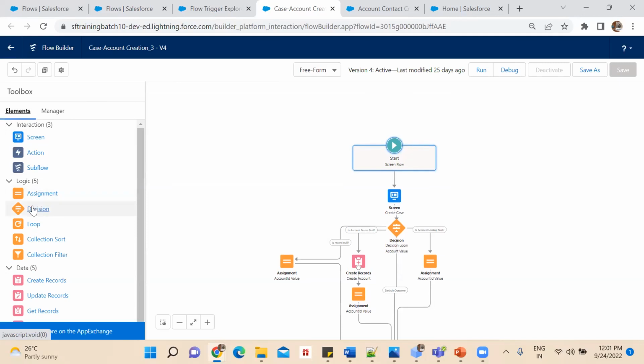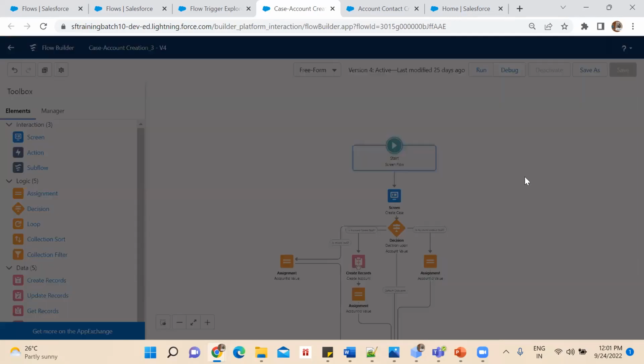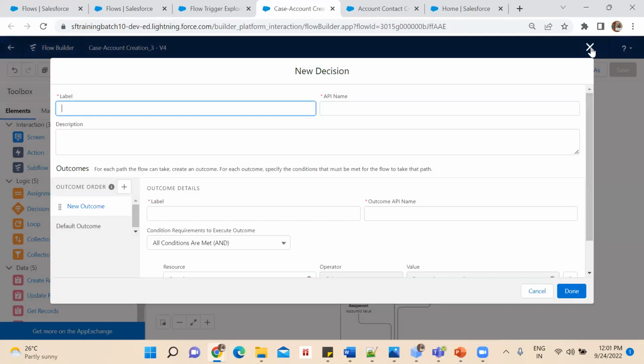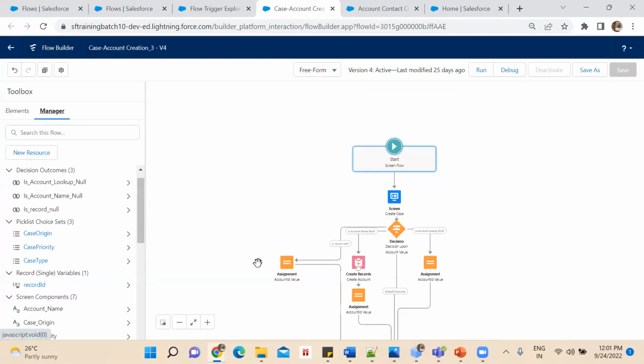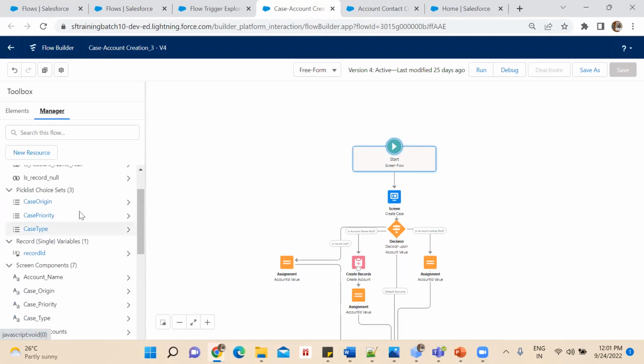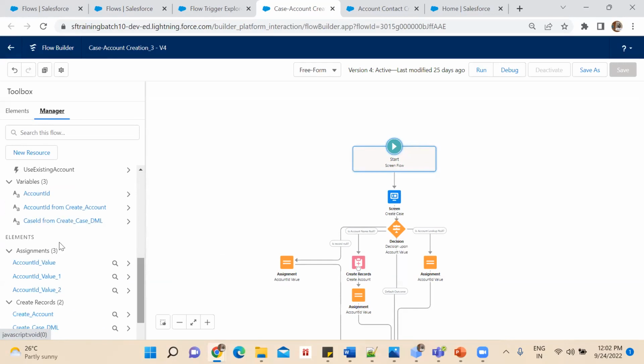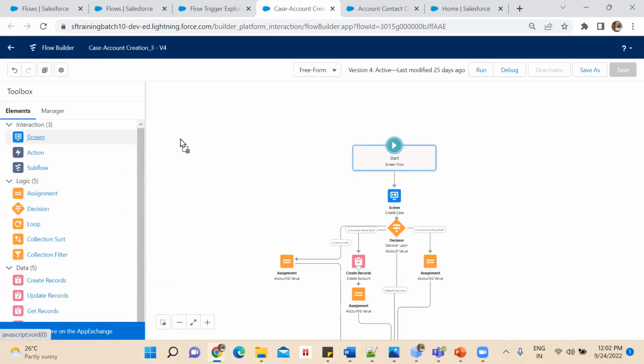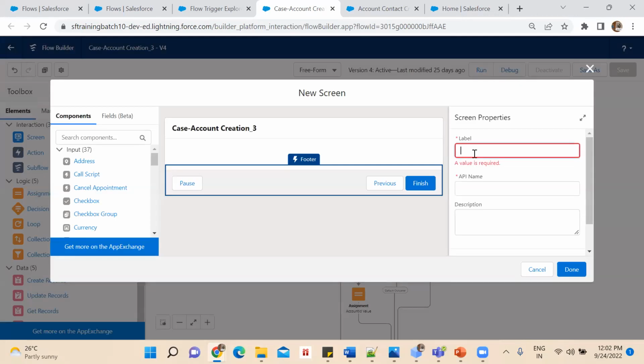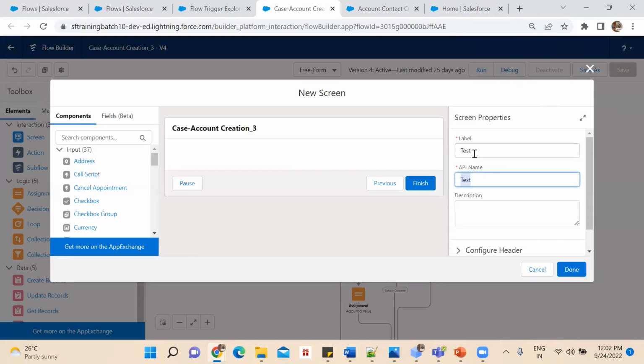Suppose I am dragging this decision element, or I'll just drag a screen element here. I'll take the smaller one, this one will be quite easy for you to understand. I will bring this decision element or create records element, and give it a label as test.